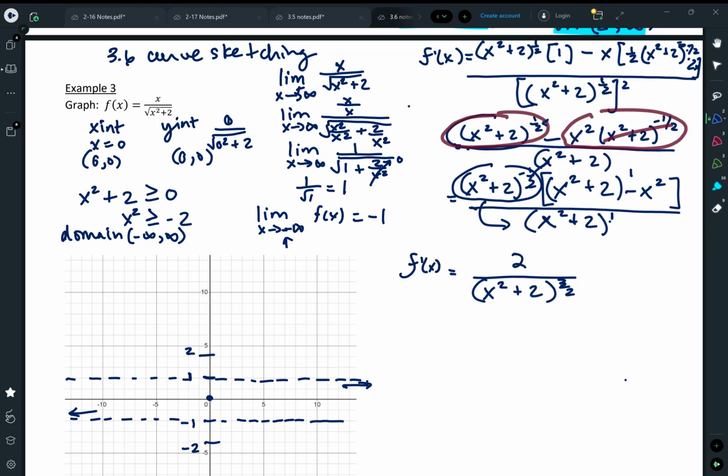So when we are finding our critical numbers, we're looking for where our numerator is equal to 0, which cannot happen. That's when our derivative of our function is equal to 0. We also want to find when our derivative is undefined, but just like we showed at the beginning, because x is being squared, I don't have to worry about my function being undefined. My denominator is never going to equal 0. I'm going to be able to take a square root, so there's no issues. So I have no critical numbers here. So no critical numbers